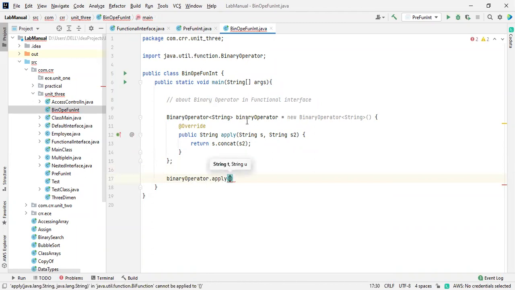By using the object of the binary operator, I'm passing the values sun comma stars, only two arguments.